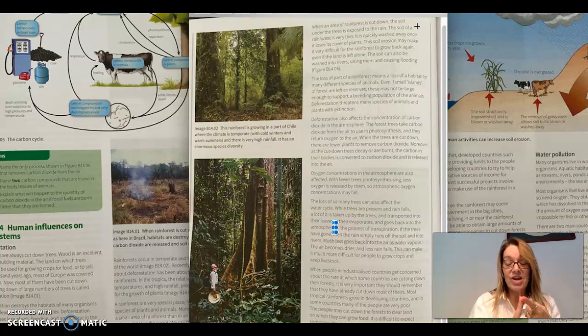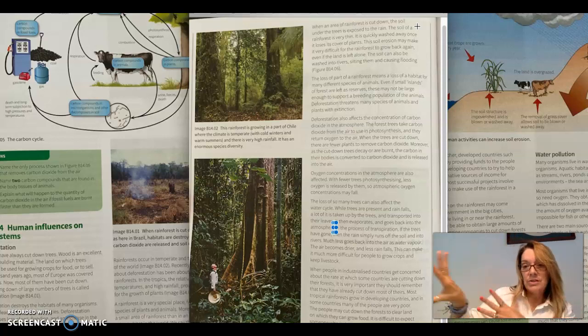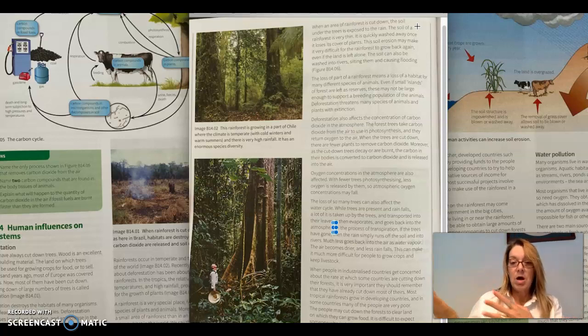So the soil isn't rich. The trees and the plants don't have a place for their roots because when the wind comes along, it blows the topsoil off, and they don't have a way for the water to be absorbed. And so therefore, the available groundwater also decreases. It increases the amount of carbon dioxide in the atmosphere and decreases the amount of oxygen that's available.